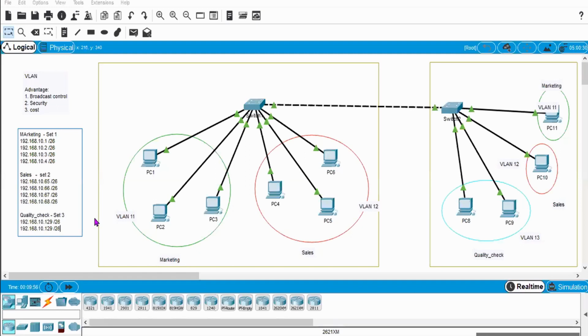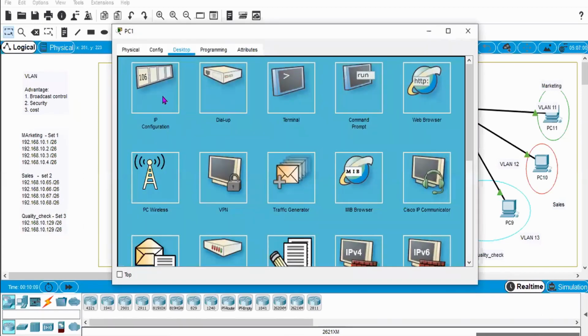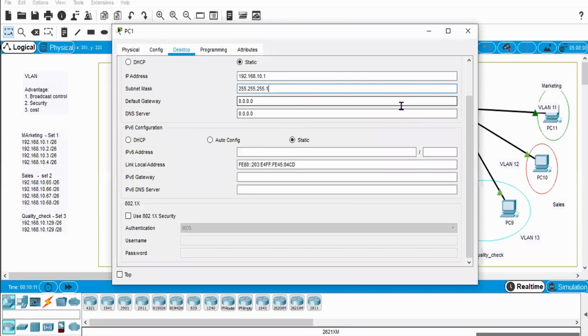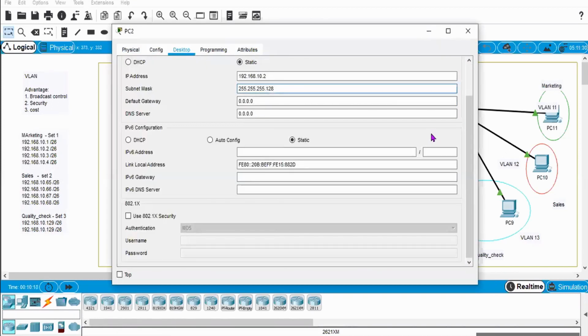Okay, so if I am using slash 26, basically I need 128 plus 64. Okay, that is 192. So again, I will go to this PC number one and give 192 here. Similarly, for this PC2, this is 192.